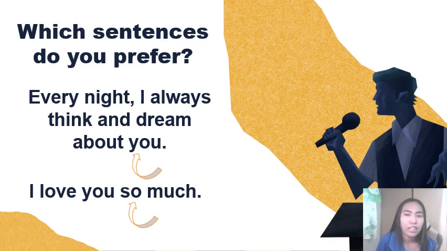Do you think the first sentence is almost the same as the second sentence? Perhaps. So, some people directly or indirectly express their feelings. Using these sentences, some people don't say directly "I love you," but the way they do or the way they say it implies that they love